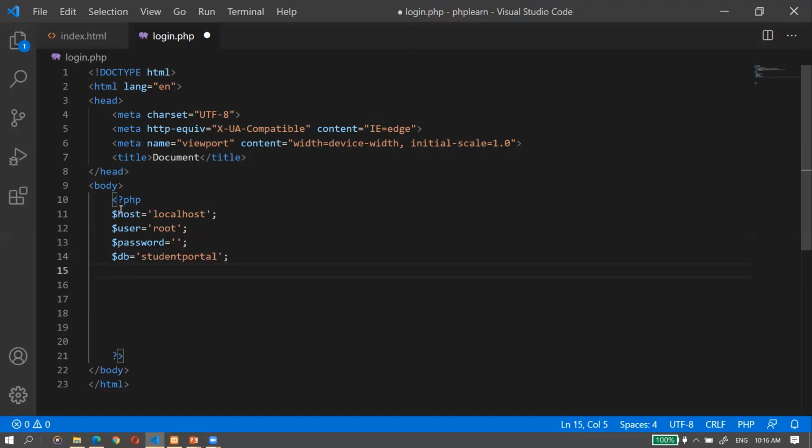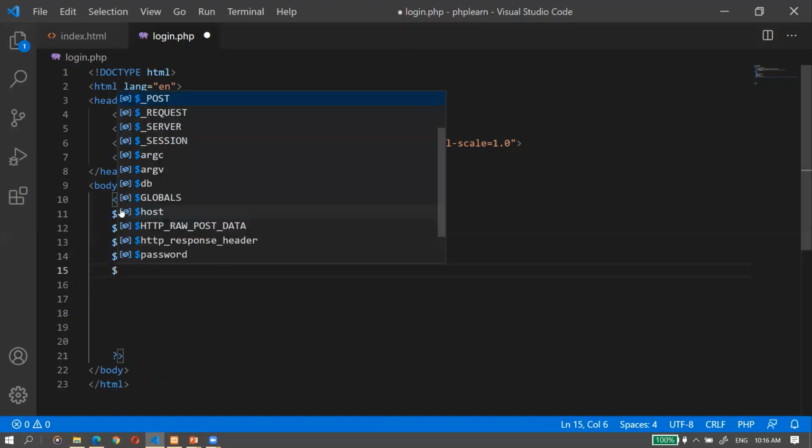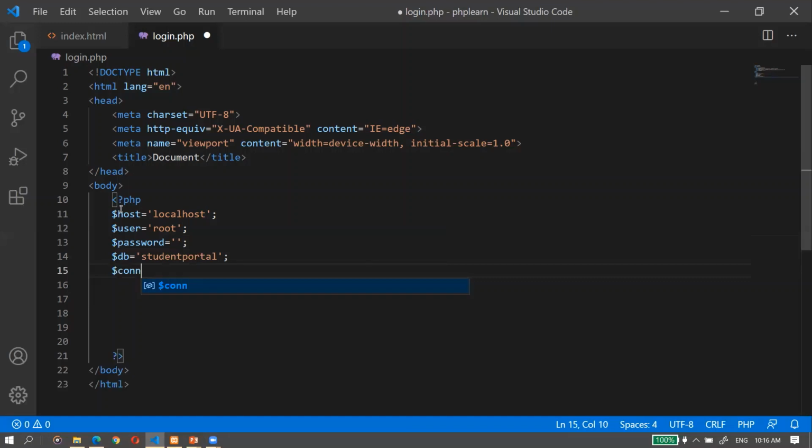Now I will make a connection. For that, I'm taking one variable called con, which is used to hold the connection, and I have to write new. There are many methods by which you can connect to the database. I am using MySQLi here. Then I have to give the host name, the username, the password, and the database.